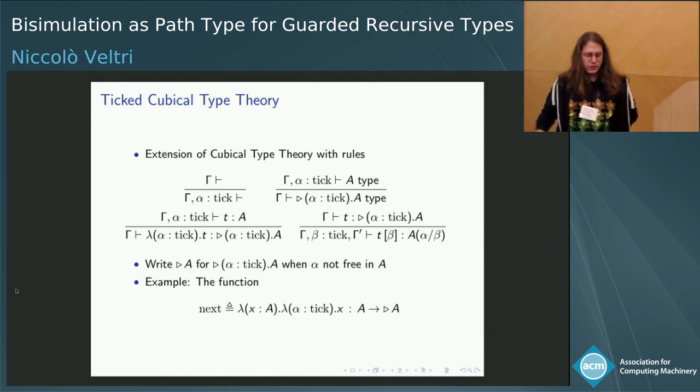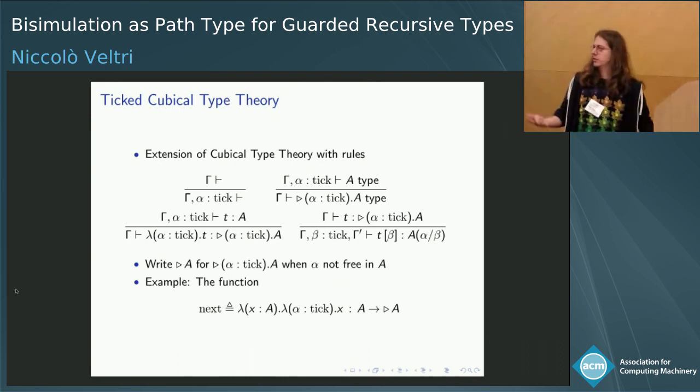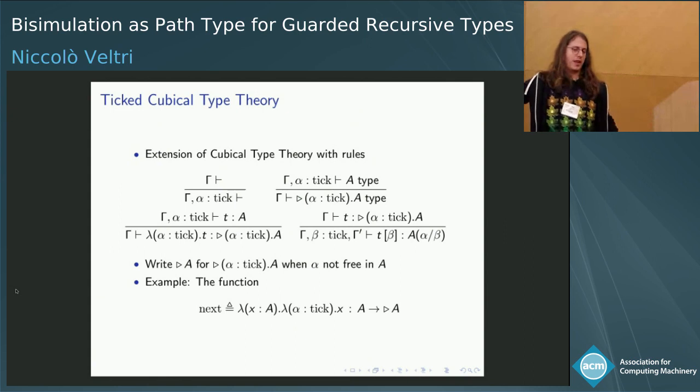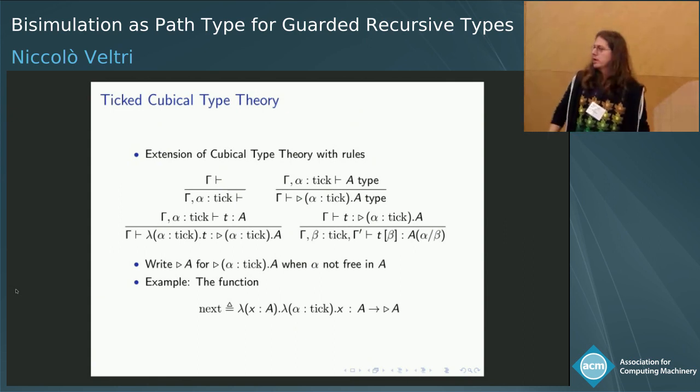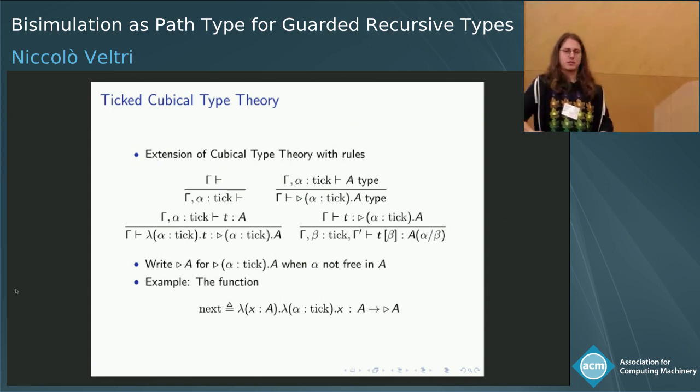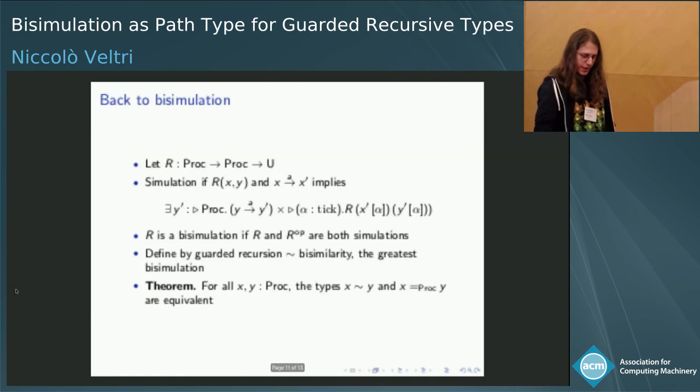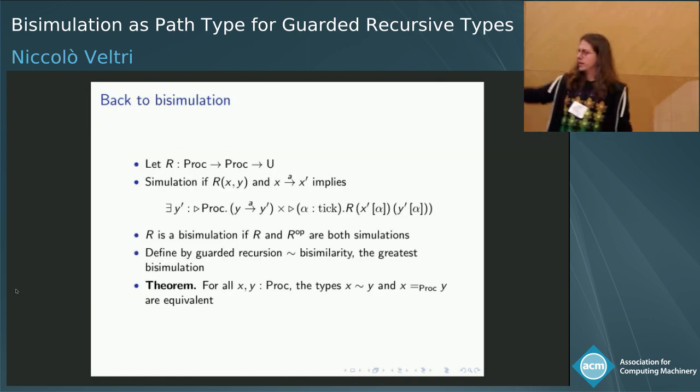And you can write later A if the tick is not free in A, and then, for example, next is very easily definable. It's just lambda x, lambda alpha, x. So just very nice. And then you can go back to the bisimulation, and now you can fill the holes,